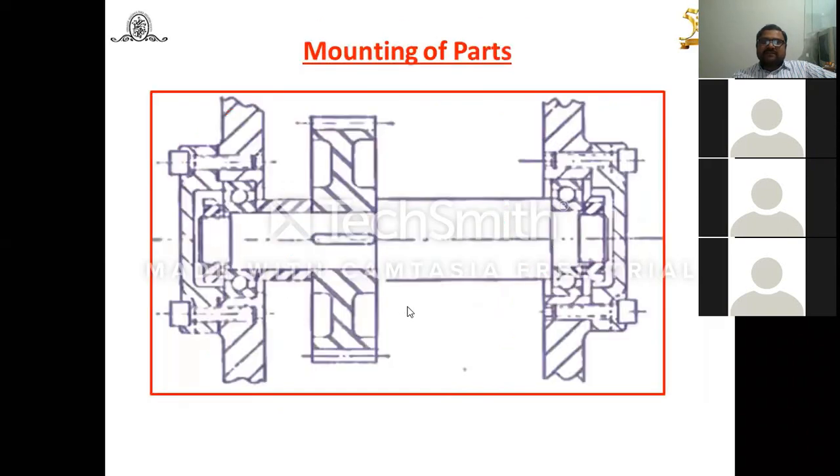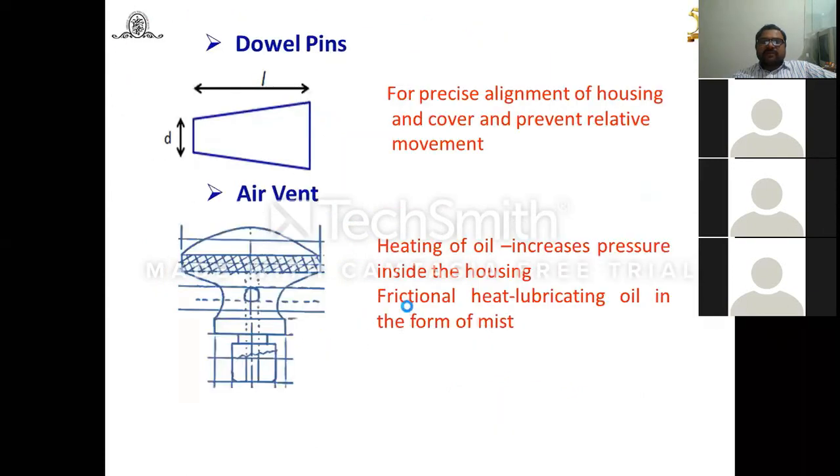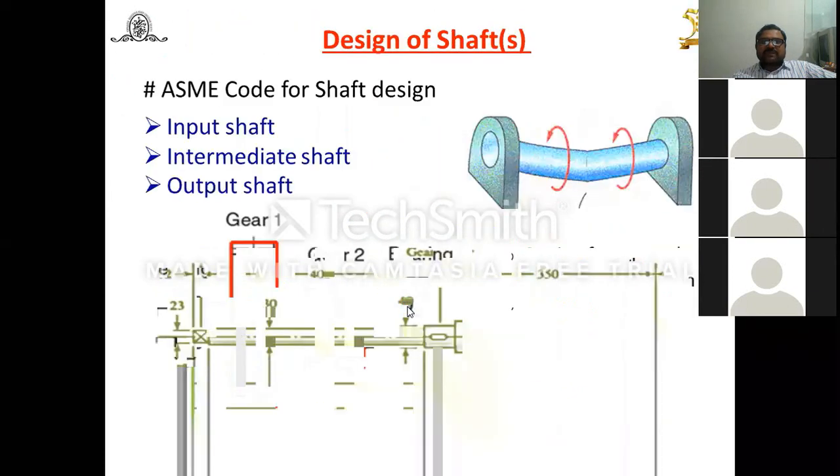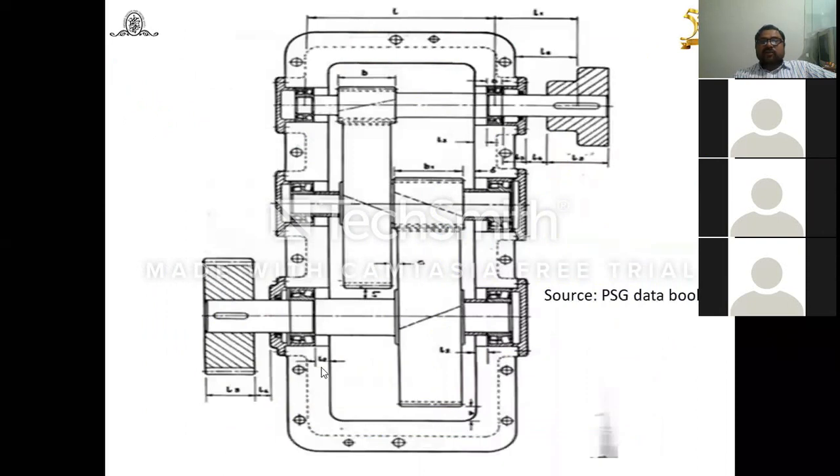In the top view, you will get the gears; your figures, front view and top view, may be like this. Look at this, it's a top view. It has an input, this is a pinion, it's a gear, again another pinion, another gear. When you observe from the front view, it should show circles. You will get one circle for a pinion, another circle meshing with it for a gear, another on the same shaft, another circle, another gear. Again here, the bearings are shown. Look at this: bearings, then bearing caps. This is the casing part.